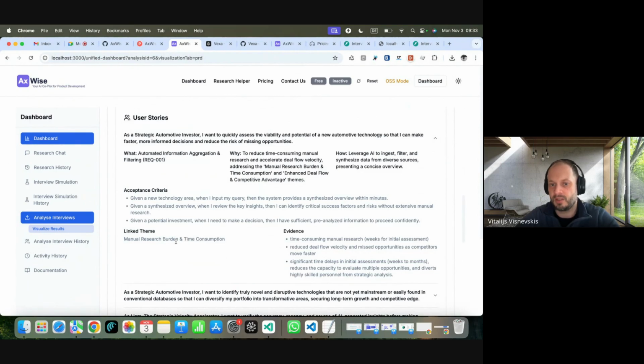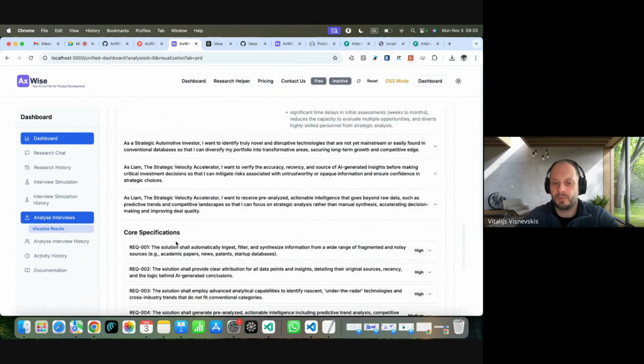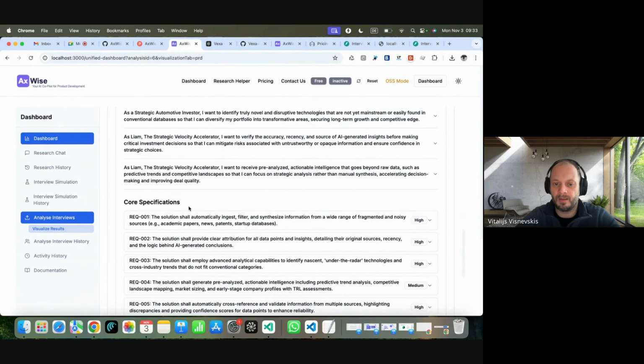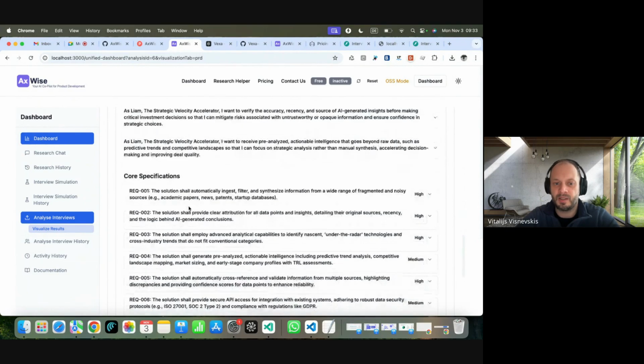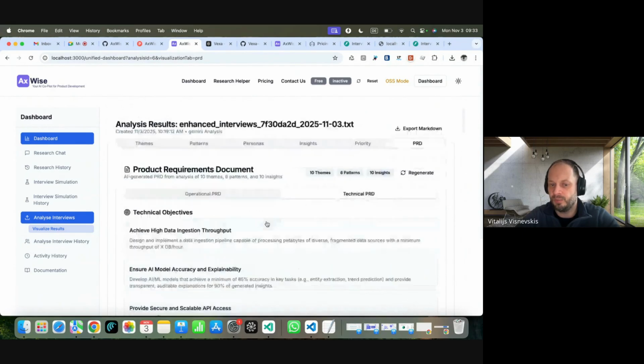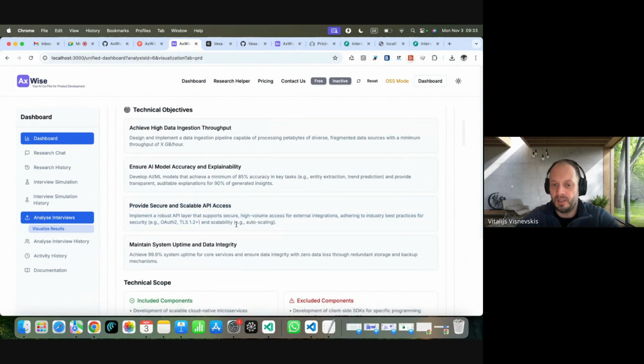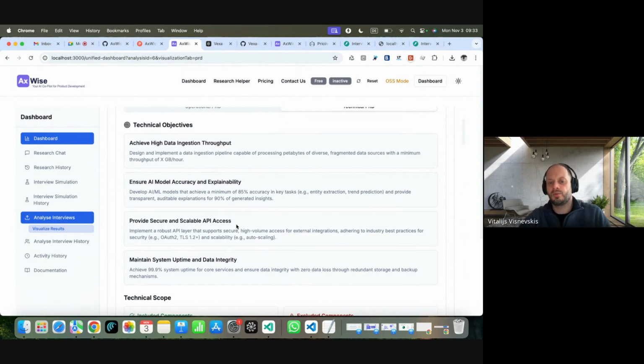For sure, they are very high level, like epics or higher tiers, but you will have some idea by the end of how hard it will be to implement something. There will be AI model accuracy for the technical PRD, high data ingestion, scalable API access. So even if you're not a technical person, you'll see there are a lot of things to help these guys. Will we do this or not?